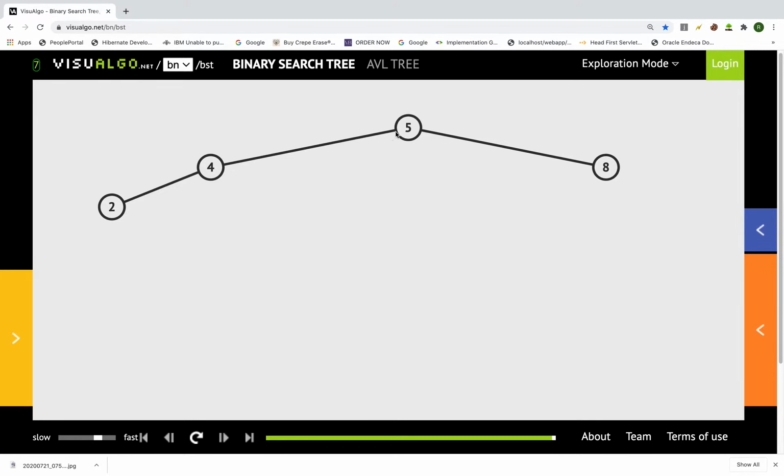When we reach this node, then we do recursively to the left and recursively to the right. So every node will perform that operation, recursively to the left, recursively to the right, so that we can ensure that we visited all the nodes, and then while returning back, when the recursion returns back